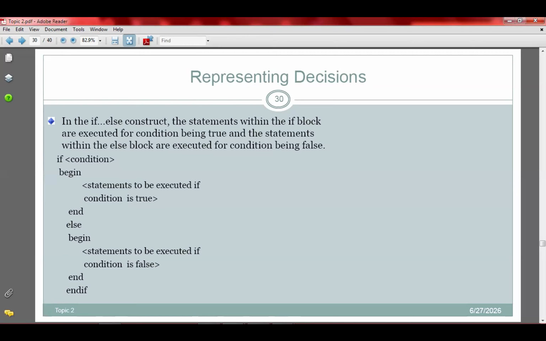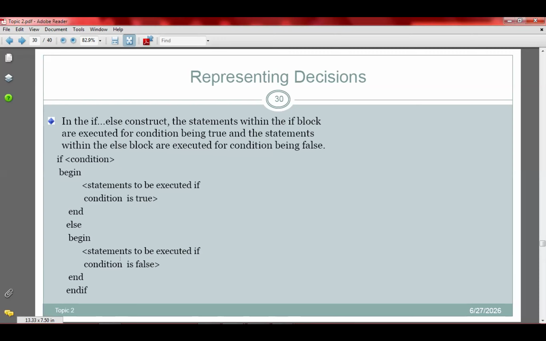So if the condition is true, we perform the statement that comes under the if and ignore what is under the else. If the condition is not true, we ignore the statement that comes under the if and then concentrate on the else. And then from next week when we start the programming, I'll be executing all these things so that you see the construct for them. So that is the if else.